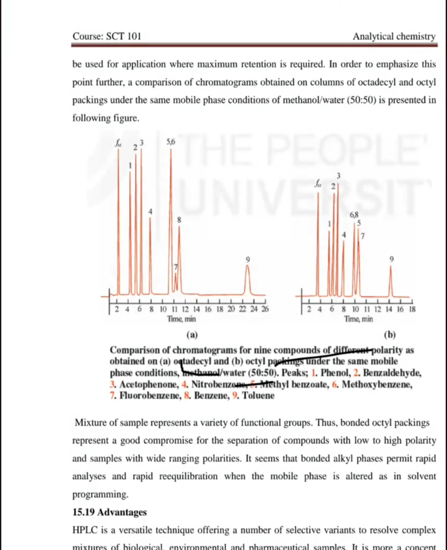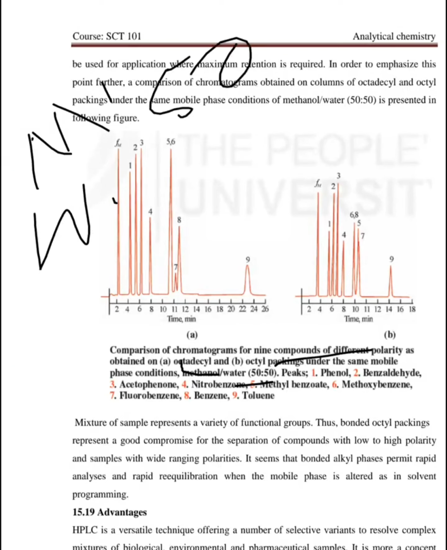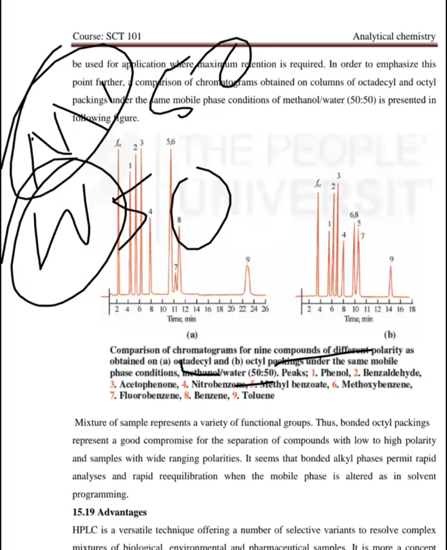So here only two mobile phases are used, methanol and water, in the ratio of 50% each. If you take 100 ml of methanol and 100 ml of water, both are 50%, and can be used